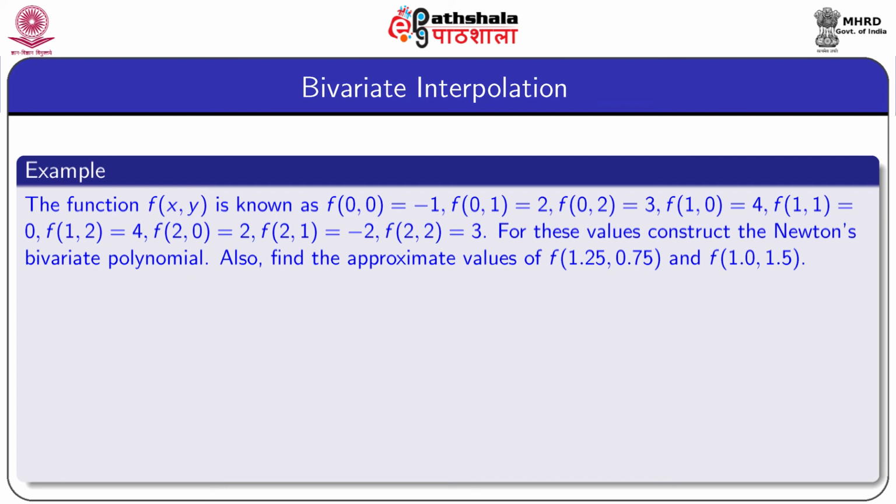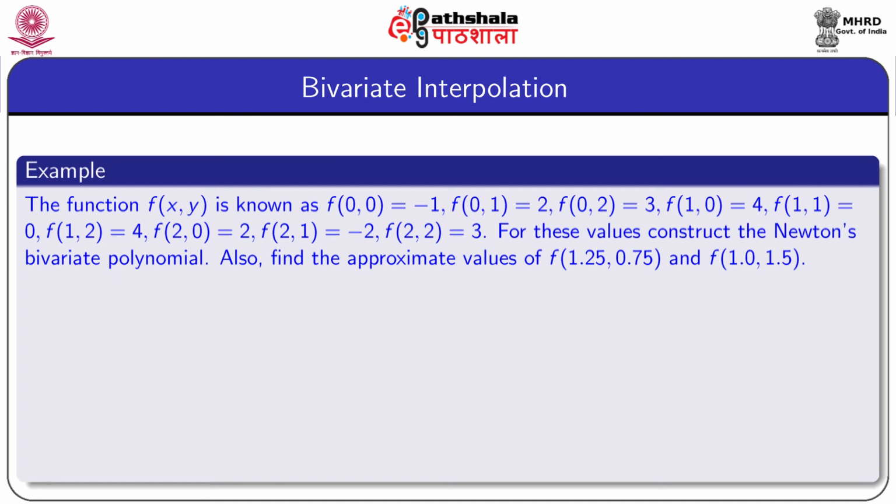Now, we consider one example to illustrate this formula. For a function f of x y, the values f of 0 0 equal to 1, f of 0 1 equal to 2, f of 0 2 equal to 3, f of 1 0 equal to 4, f 1 1 equal to 0, f 1 2 equal to 4, f 2 0 equal to 2, f 2 1 equal to minus 2, f 2 2 equal to 3 are given. For these values, our problem is to construct the Newton's bivariate interpolating polynomial,